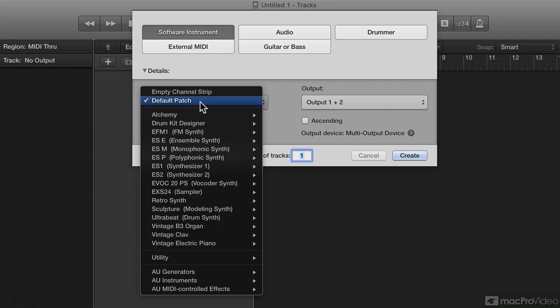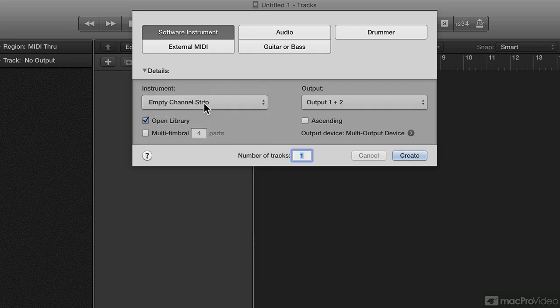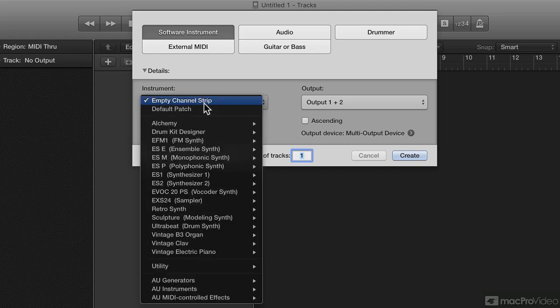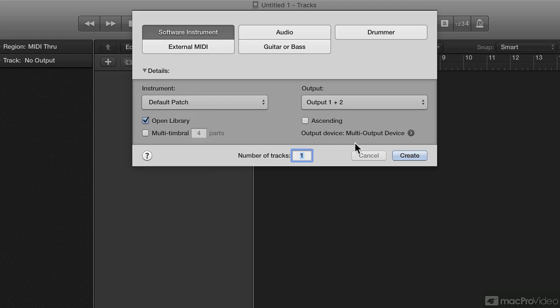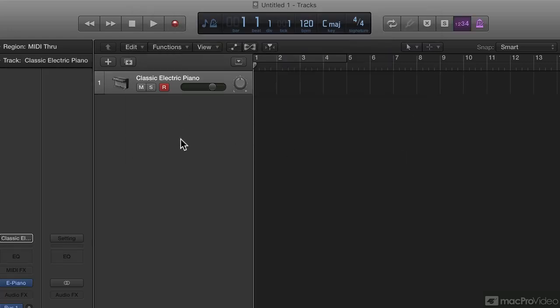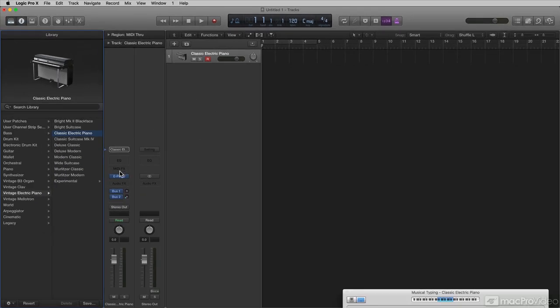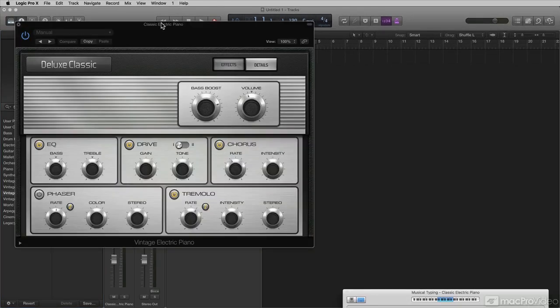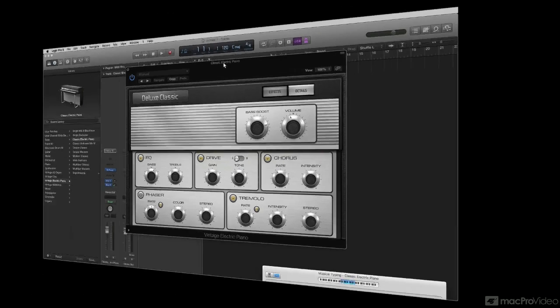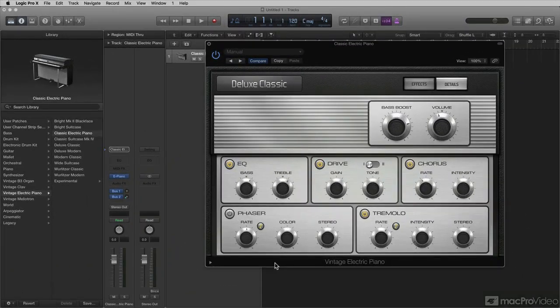You have an option now to have an empty channel strip. You saw it to be kind of my default when I got rid of the track and the new tracks dialog appeared, but you can always go default instrument and say create, and it'll automatically create the classic electric piano, which is using the vintage electric piano plugin. Okay, so now that you know how to instantiate the vintage electric piano into your project, let's look at the